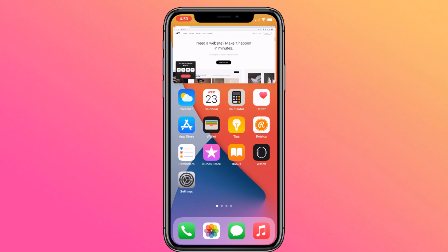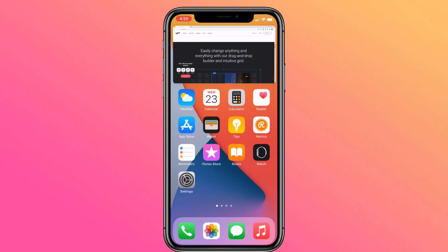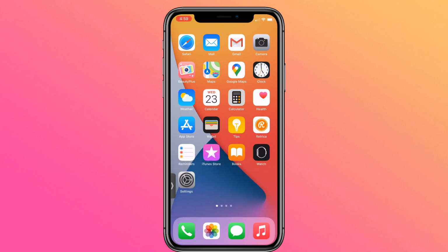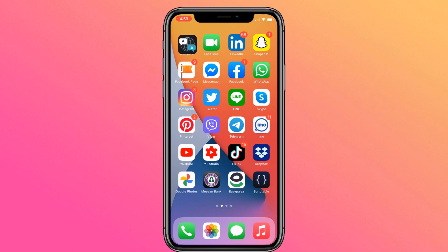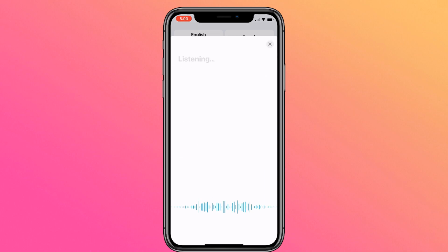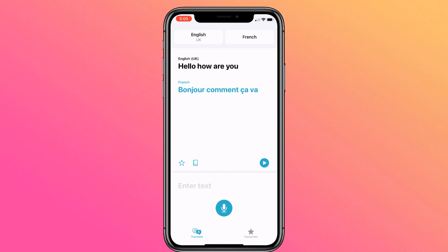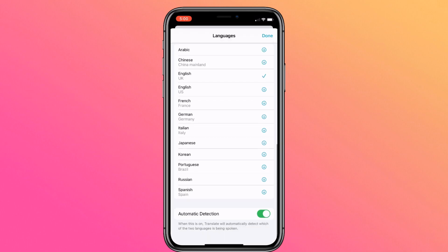iOS 14 also provides support for picture-in-picture, which works very similar to the iPad experience. Meanwhile, Siri has a new interface that does not overtake the entire screen. A new Translate app in iOS 14 is designed for conversation and works completely offline. All you have to do is tap on the microphone icon and the app will translate to your chosen language.